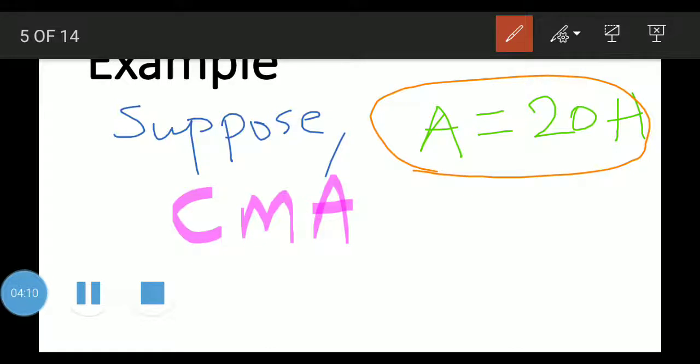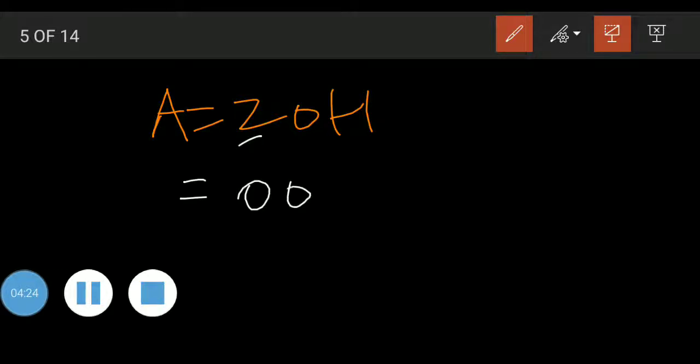Suppose A is 20. If we want to convert into binary, what should we do? We first take 2. What is the value of 2? 0 0 1 0. Now 0. What is the value of 0? We simply write 0 0 0 0. Correct?